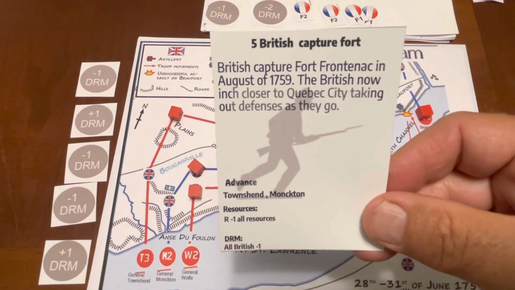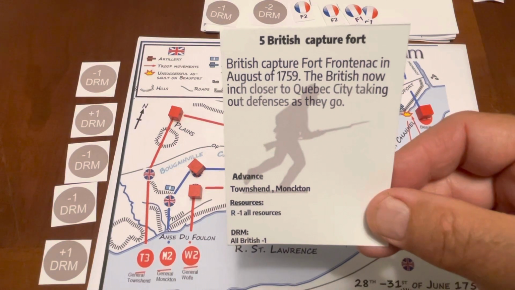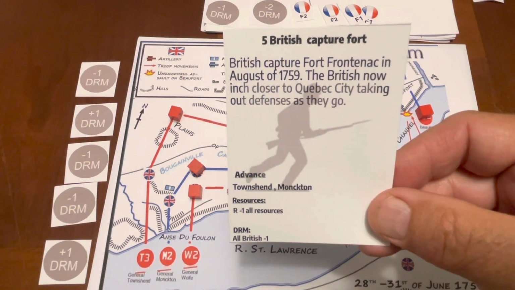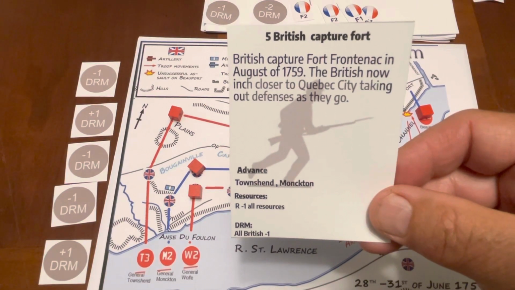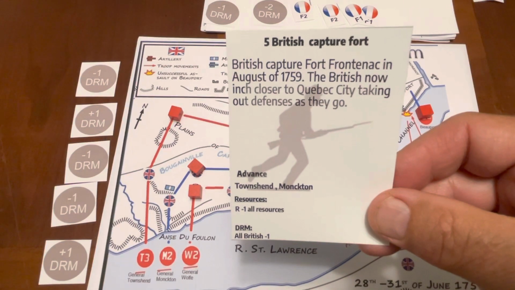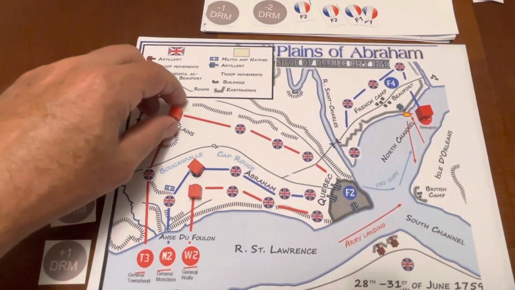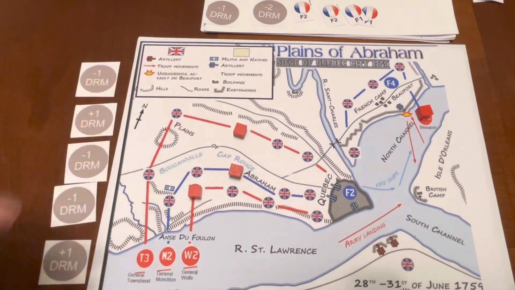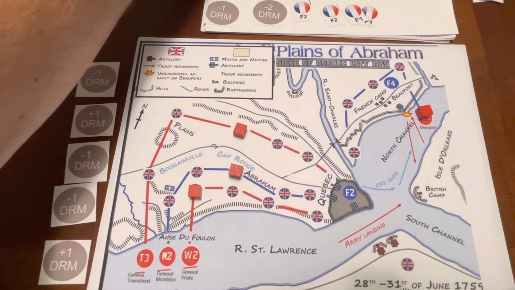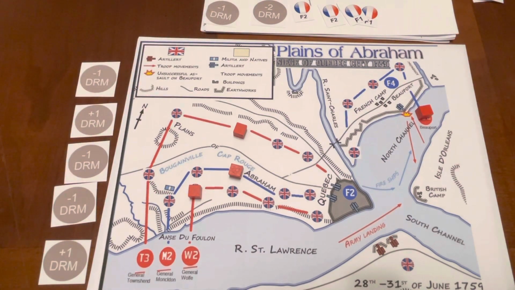British capture Fort Frontenac in August of 1759. The British now inch closer to Quebec City, taking out defenses as they go. Townsend will advance, Moncton will advance, -1 on all my resources, and the dice roll modifier is -1. So Townsend starts to get close, Moncton starts to get close. My resources, military goes from 2 to 1, supply goes from 2 to 1, my morale goes from 2 to